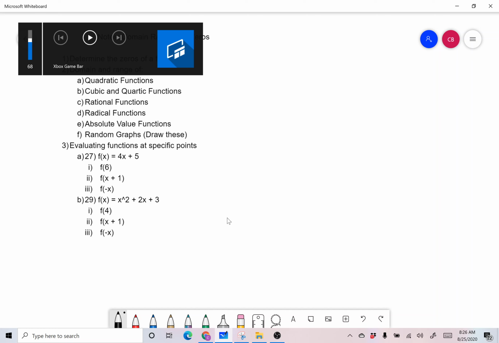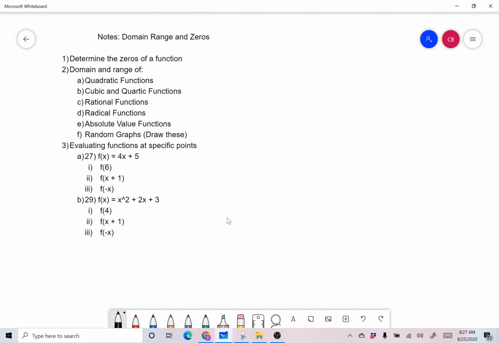Okay, so we're going to look more into the functions themselves, and we're going to determine the zeros of a function. So for instance, if I give you y equals x plus 1, this is very basic. If I want to find the zeros,